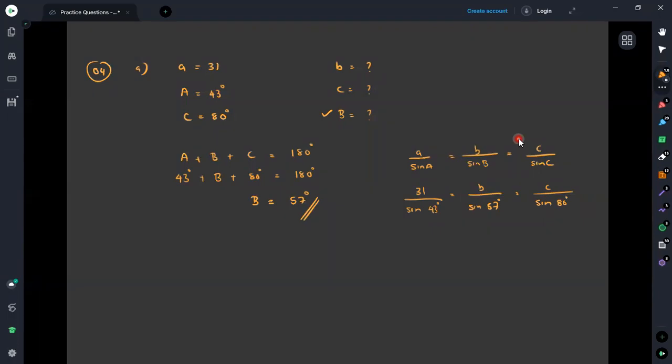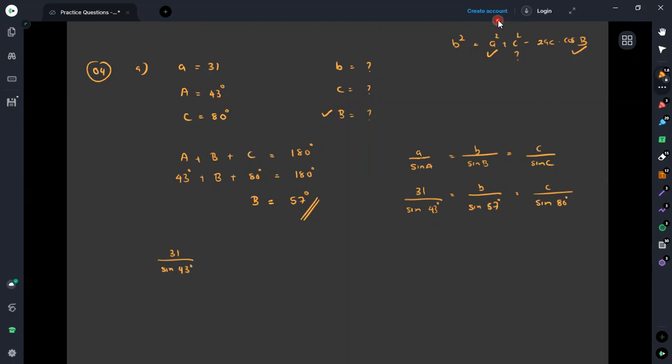Suppose we try to use the cosine rule to get the value of b, then we can take b squared as a squared plus c squared minus 2 times ac times cosine B. But what we know so far is the value of a, and we can find cosine B, but still we do not know the value for c. Therefore, we cannot use the cosine rule at this point to find the value of b or c. The only rule that we can use to find the value for b or c is the sine rule. Therefore, by equating the first two terms together, we get this as 31 divided by